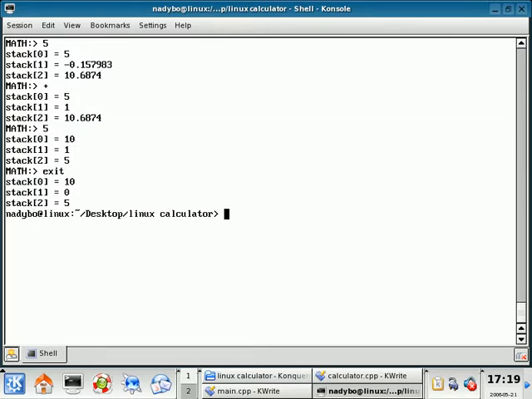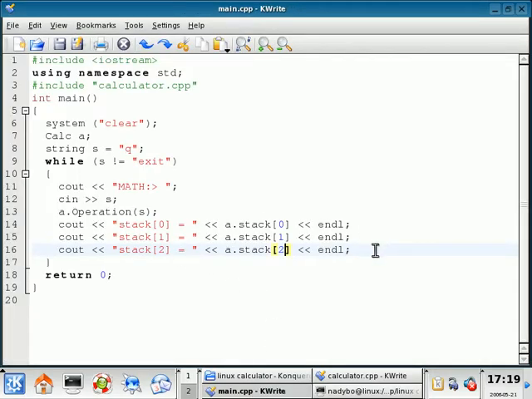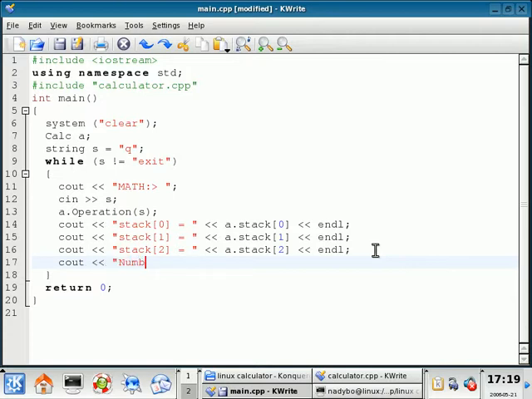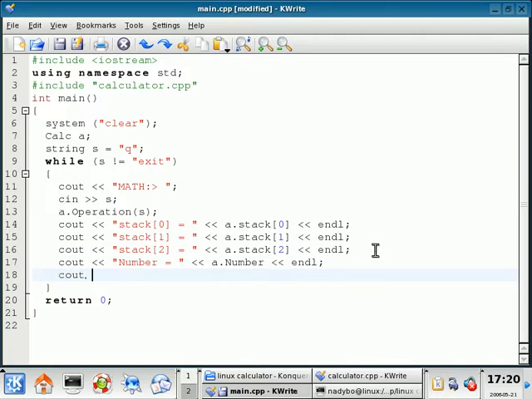And let me just exit real quick. I'm going to go back to my main.cpp. I'm going to also cout number. That's going to be a.number. This is the accumulator. And I'm also going to cout stack spot, so we can keep an eye on where that is. So we'll do stack spot equals a dot stack underscore spot, end the line. See if this works. Do save,